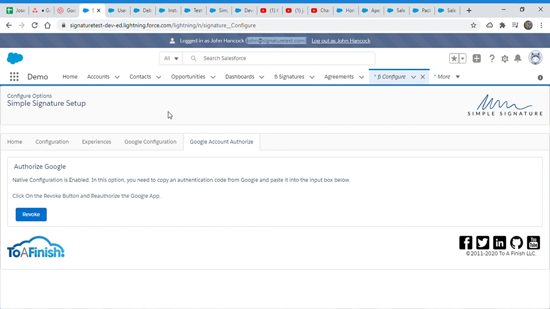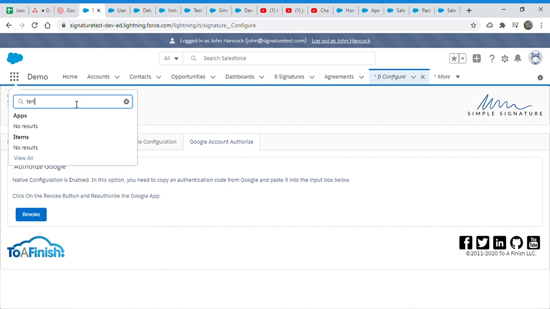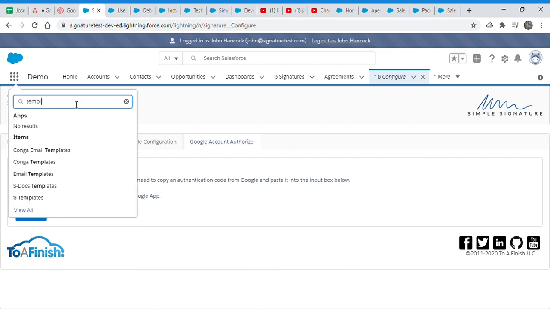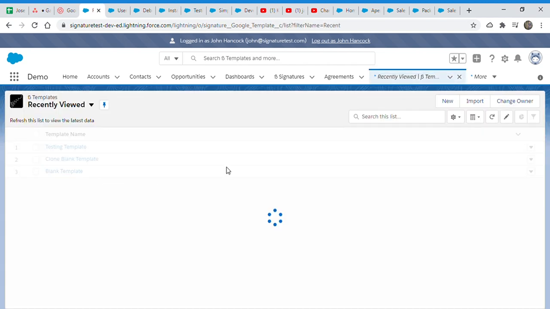Let's say he wants to show the template to a few Google accounts. If I go and try to create a Google template, let me show you what I'm talking about.